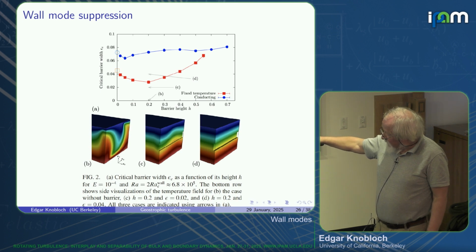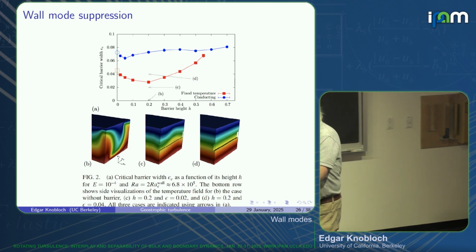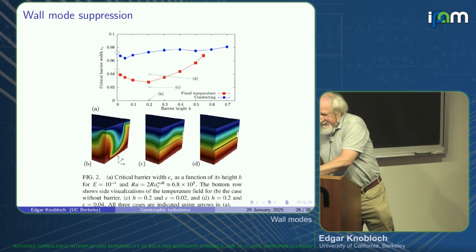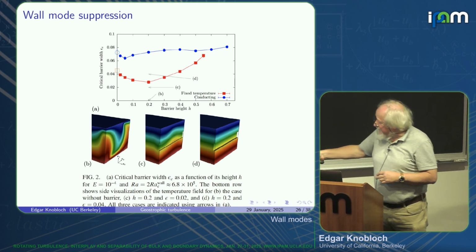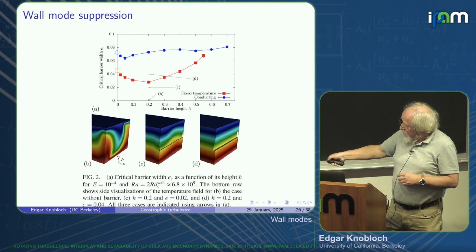So here is the wall mode, kind of viewed from the side. You can see it very nicely. And then as you put different boundaries, different barriers, you see that you're decreasing the amplitude of this wall mode, and eventually you suppress it at the boundary. So that was promising, but we discovered that this is not really very sensitive to the height